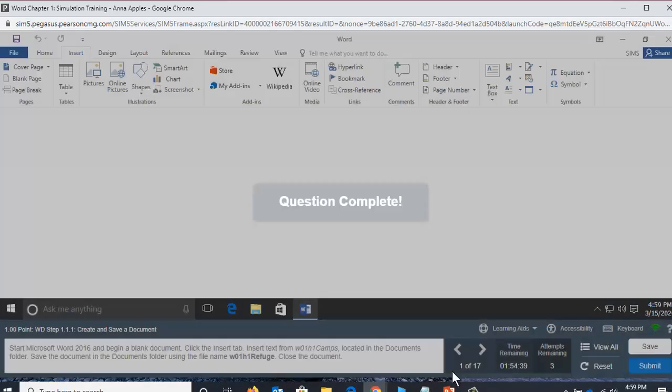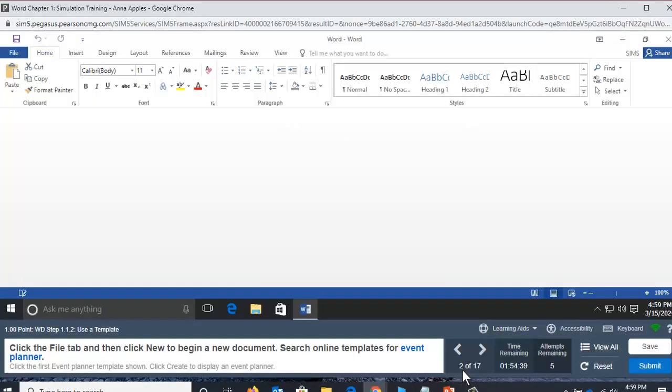Now I have completed task 1. And now I would start on task 2. Can you save? Yes, you can save and come back. I believe the timer continues to run though. So try to get through all of this, and anytime you don't know how to do a particular task or